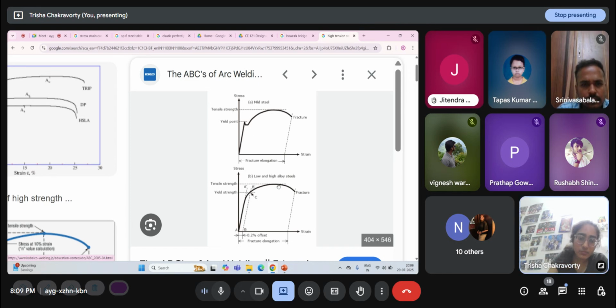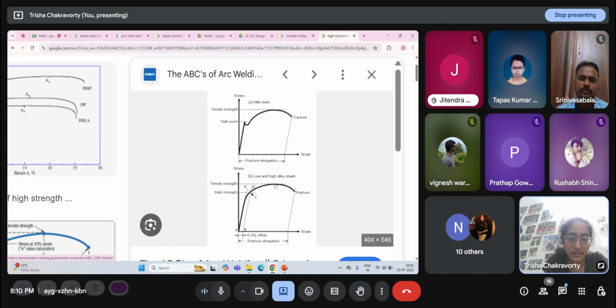So it has a more brittle behavior, but you can mostly identify the yield stress as the point where the slope changes most drastically. Here the elastic zone is very steep, so for a small increase in strain, the stress increases a lot. Then there is a sudden jump in the slope when it flattens out a lot. That is the yield point, generally, in whatever graph you are given, for whatever material.